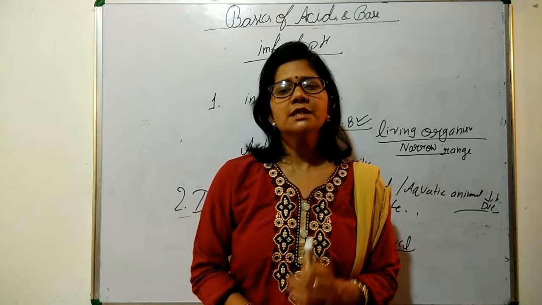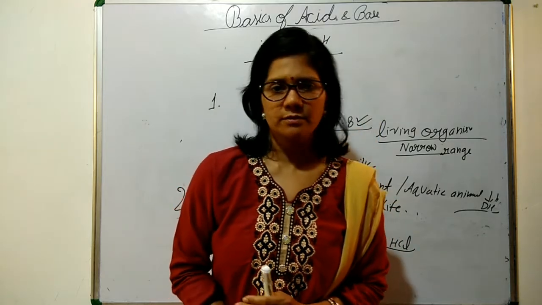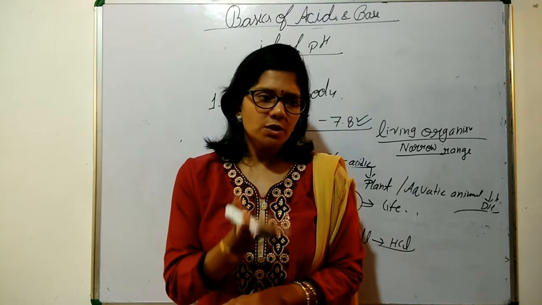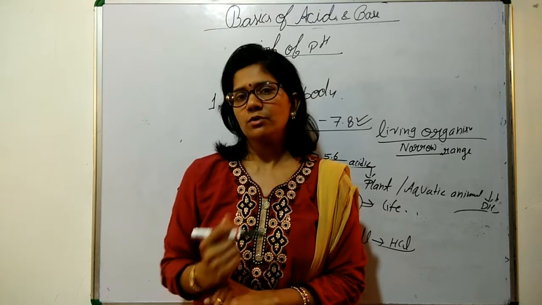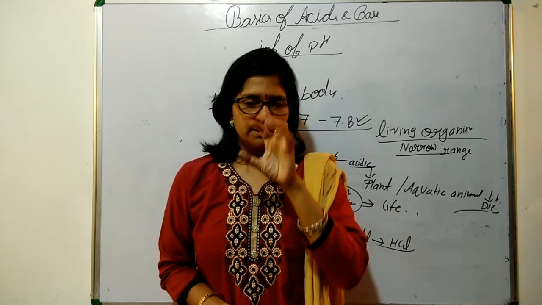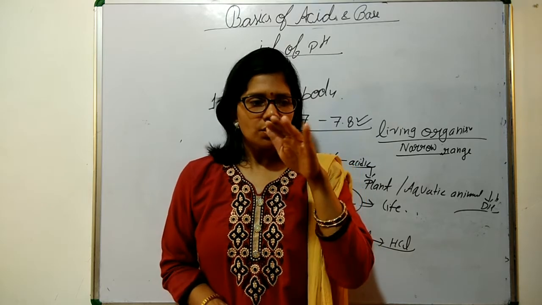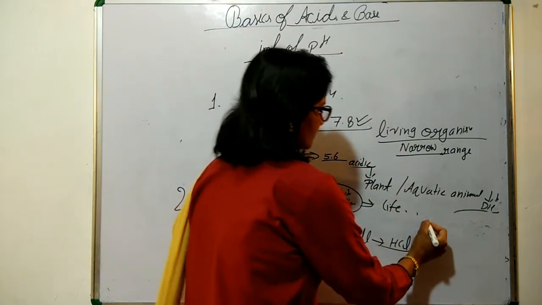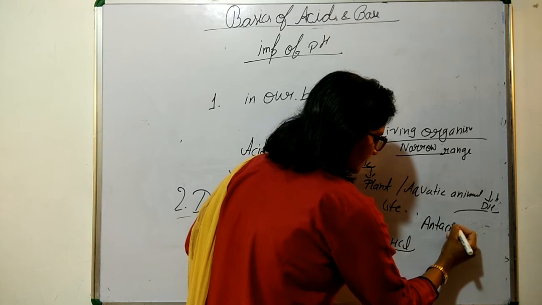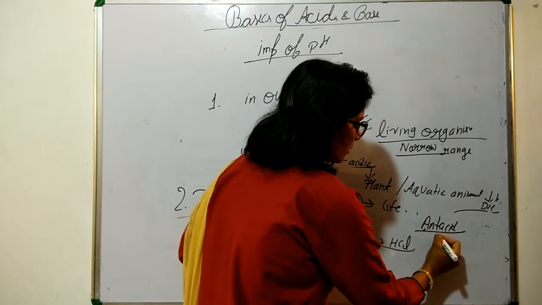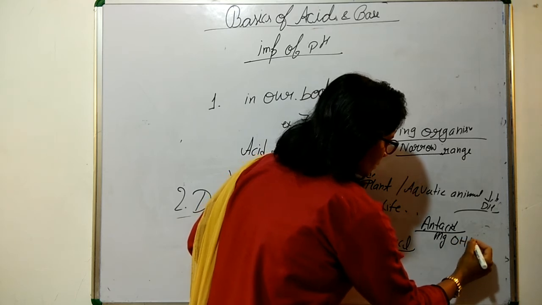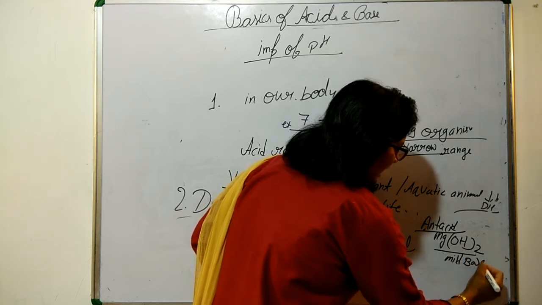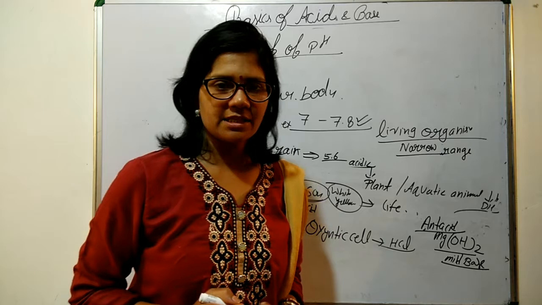And one more thing, sometimes we take so much spicy food, and to help its digestion, the acidity of our stomach increases so much. Then this creates so much uneasiness. To avoid this or to get relief, we use some antacids. So what are these antacids? For example, milk of magnesia, Mg(OH)2. It is a mild base which helps to get relief in this situation.